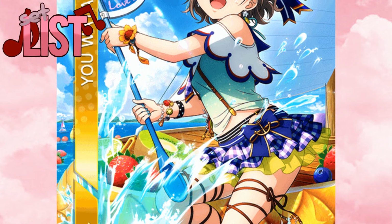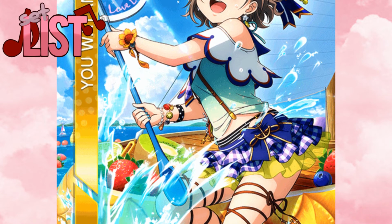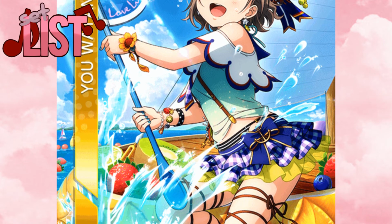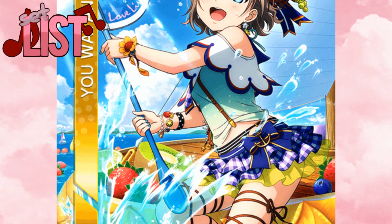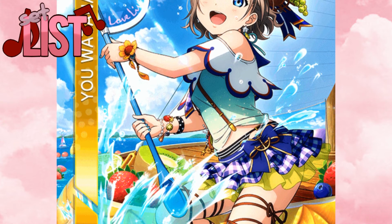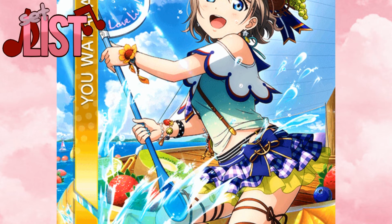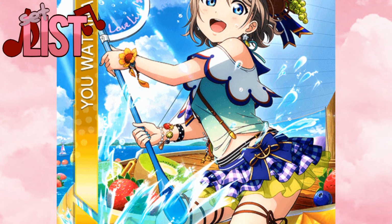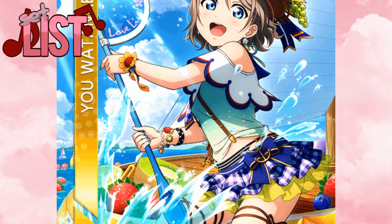Her outfit is bright. It's not too bright, but it's bright enough to be eye-catching. And you've just got to take a second to look at it, because her pose is so dynamic. She's slightly towards the camera, as is Hanamaru, but she's just slightly more turned, and she looks like she's having fun, which